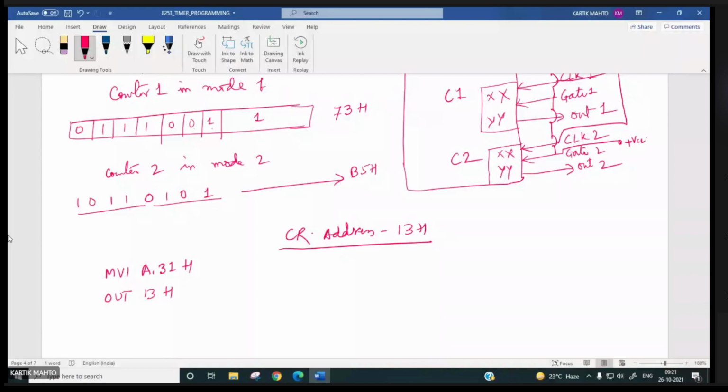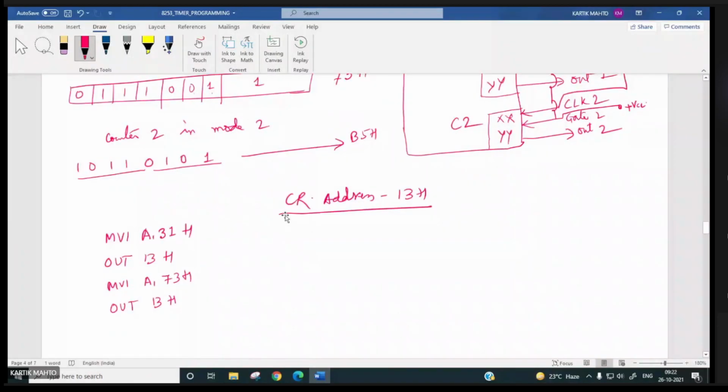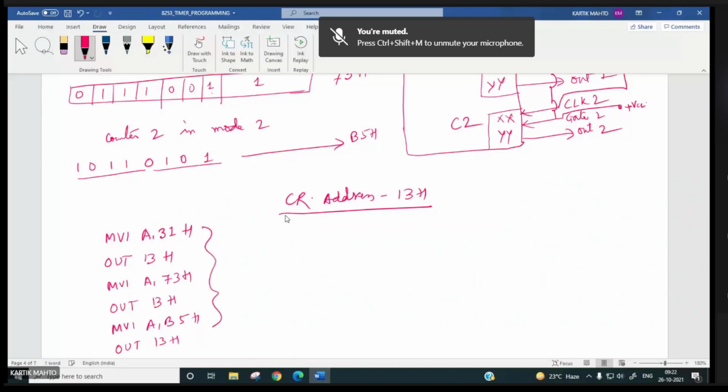Next, MVI A, 73H, OUT 13H. Counter 1 will be in mode 1. Then MVI A, B5H, OUT 13H, right? So 3 counters in